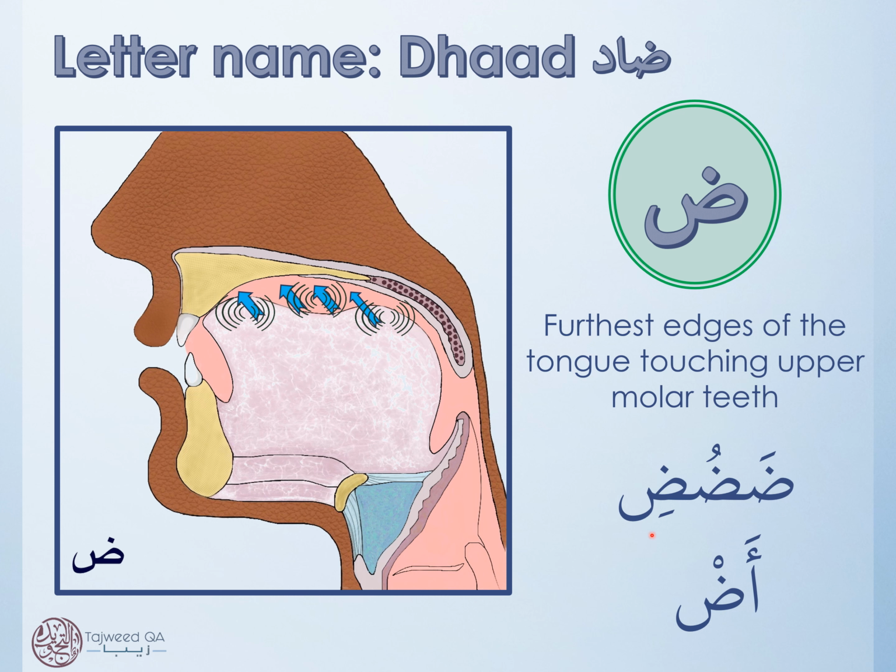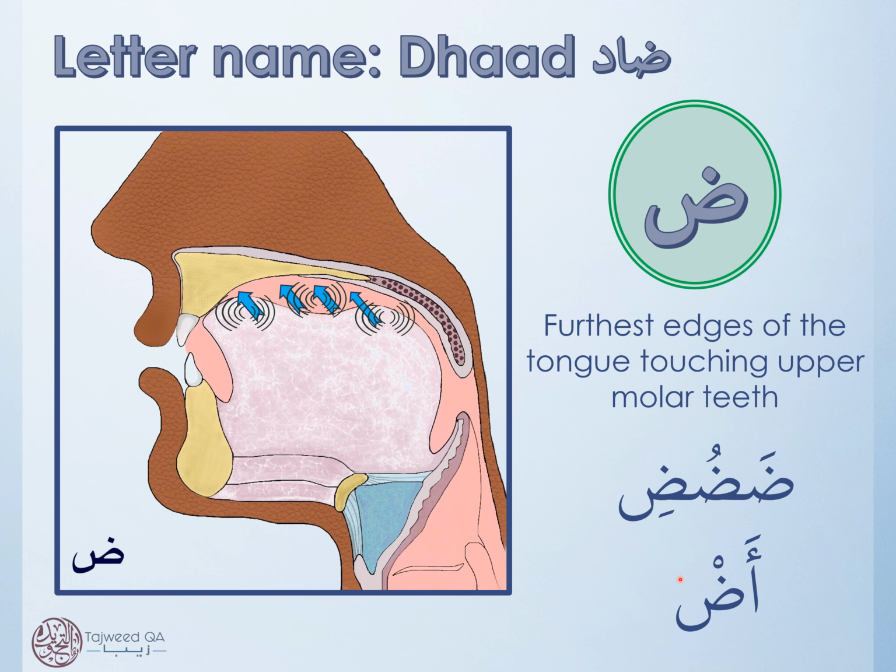And previously we had the Dal in lesson 1, which is pronounced from the tip of the tongue. So care needs to be taken that the tip of the tongue is not used for the Dad. Da, Du, Di is the tip of the tongue. So make sure that you're not using the tip, but you are actually using the furthest edges of the tongue, which we can see on the next slide, with the upper molar teeth. So stay clear from the makhraj of the tip of the tongue when you're pronouncing Da, Du, Di. And when it's pronounced with a sukoon, then the characteristics are quite clear.